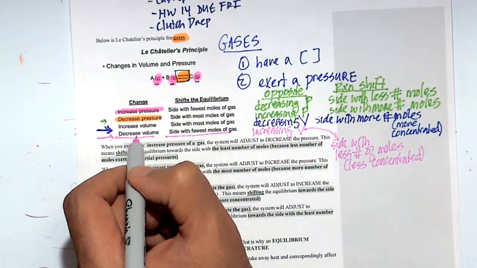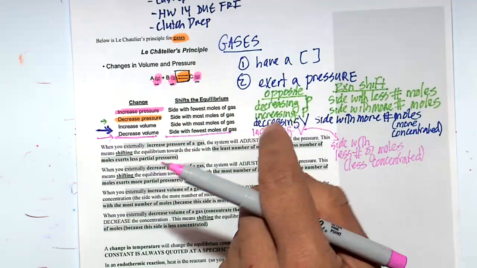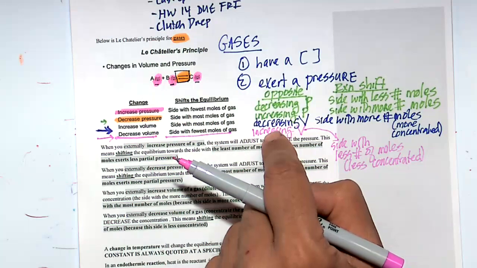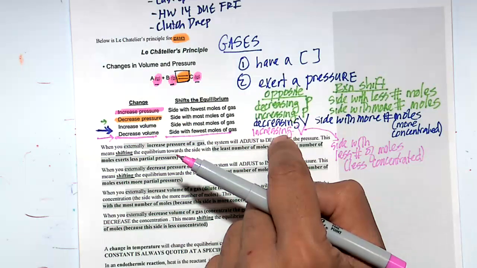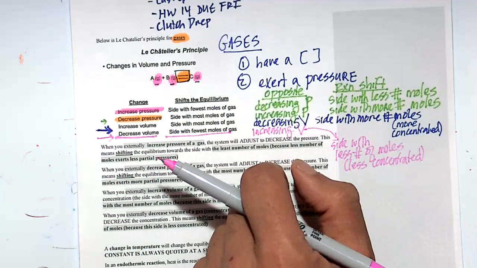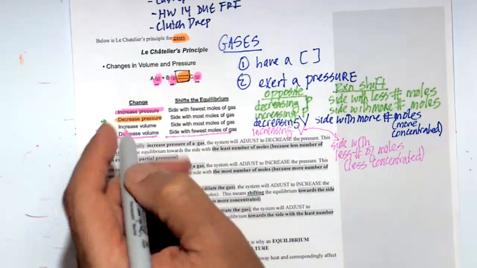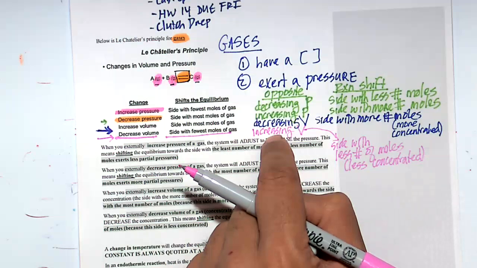So we have a reaction with gases. You decrease the volume. Where will the reaction go? To more volume or less volume? Increased volume, right? So which side of the reaction has increased volume? Is it the side we're dealing with gases? Is it the side that has a more number of moles, or is it the side that has less number of moles?